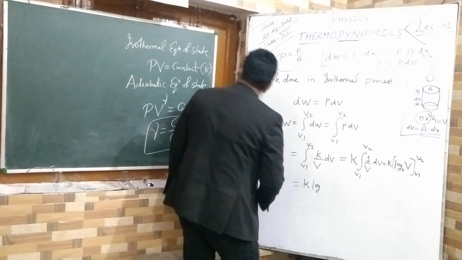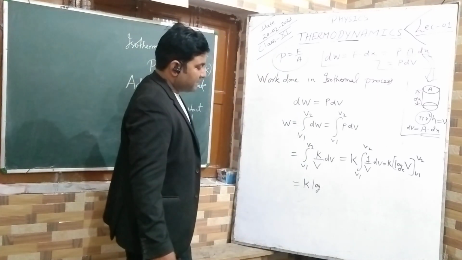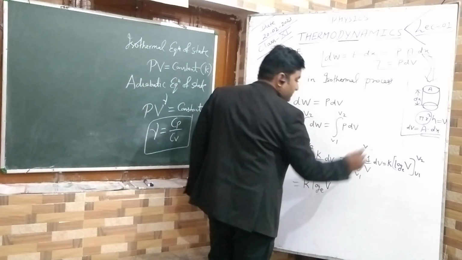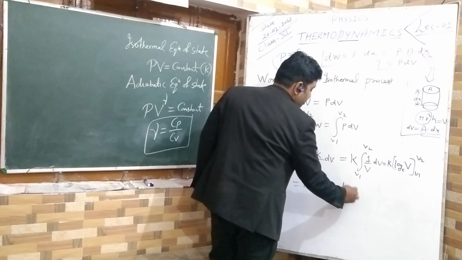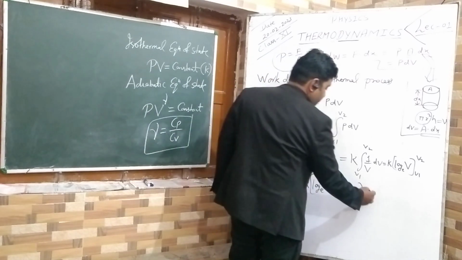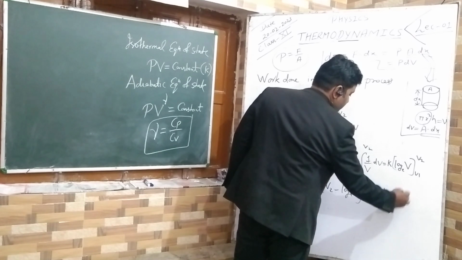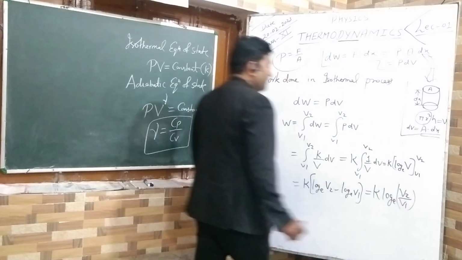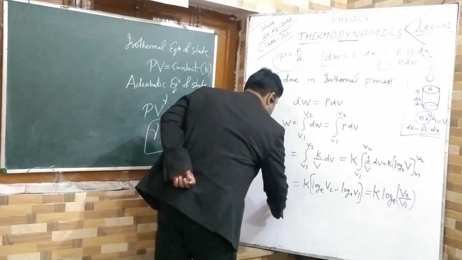Log. This K must be replaced by RT, no matter, we will use RT directly. This K log to the base e, first upper limit minus lower limit, that is equal to V2 upon V1. Replacing K by RT, then W equals